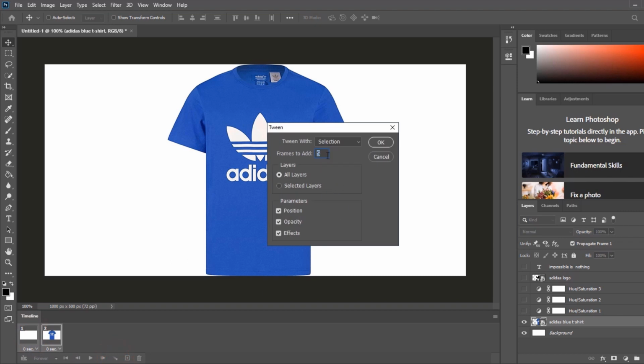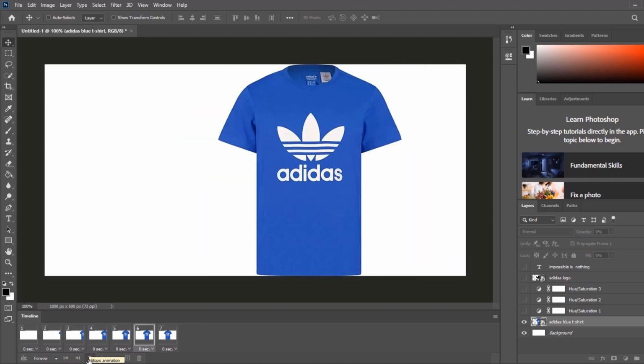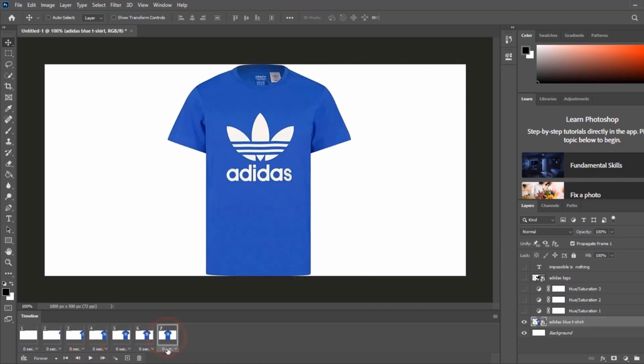So I'm gonna give it 5 frames to add. Click OK, and right now I have my animation here. So let me go to the last frame, and right now what I want to do is change the color. So I want this frame to stay a little bit longer to show the first color, so I'm gonna choose 0.5. You can choose whatever you want. For example, you can choose other and type in whatever you want. I'm just gonna stick with 0.5 and duplicate this frame, create a new frame, and in this frame